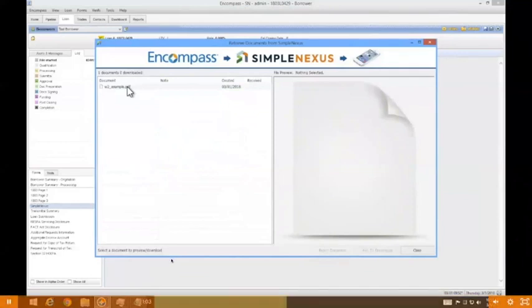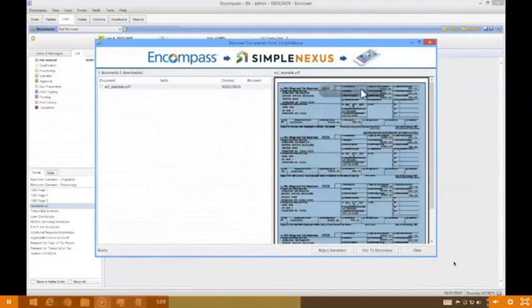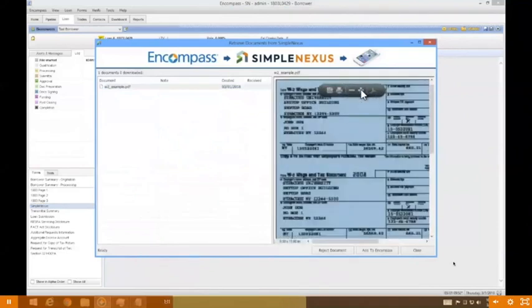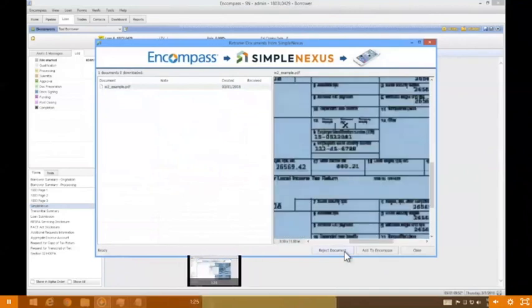Now these documents are all going to be PDF files. So what we'll be able to do is see the document and zoom in and scroll around and make sure everything looks the way we need it to look. Now, if for any reason the document does not look the way we need it to look, we can hit